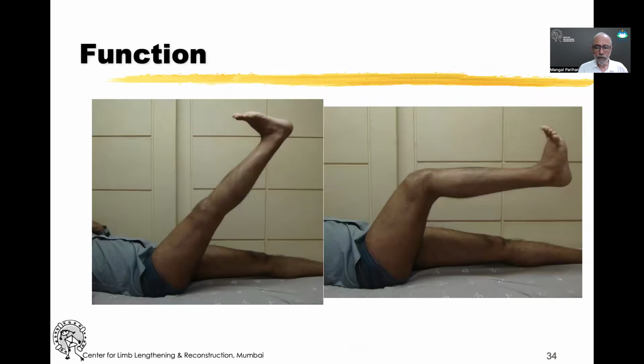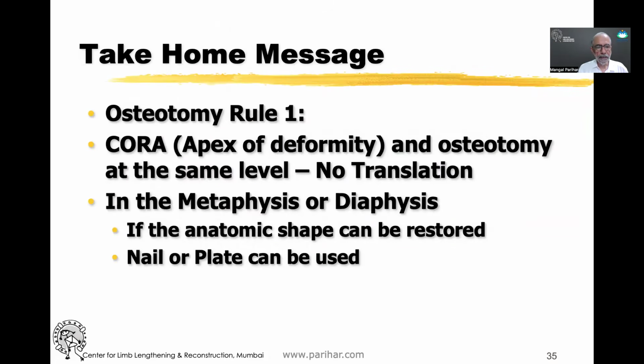And this was the flexion that he had. He was not interested in any further surgery, so he was quite happy with this. So basically, osteotomy rule number 1: if the apex of the deformity and the osteotomy are at the same level, there